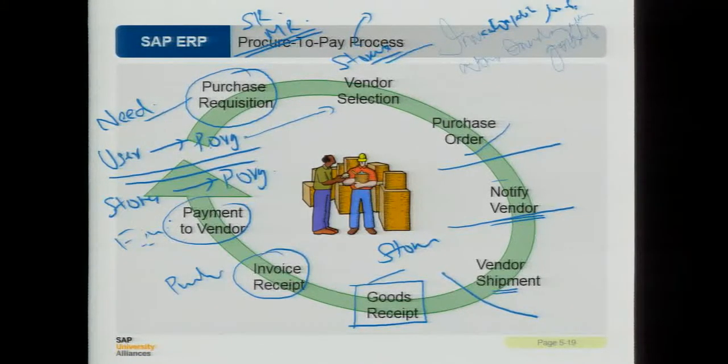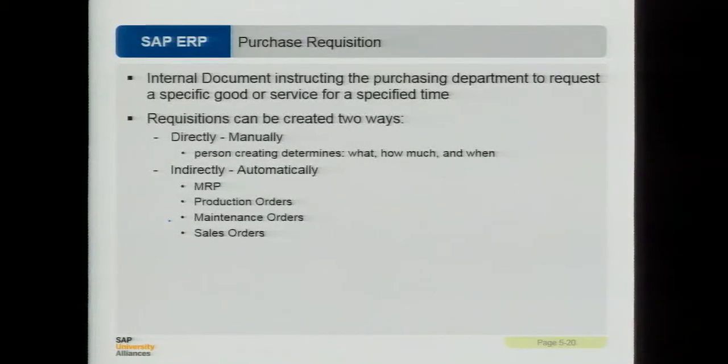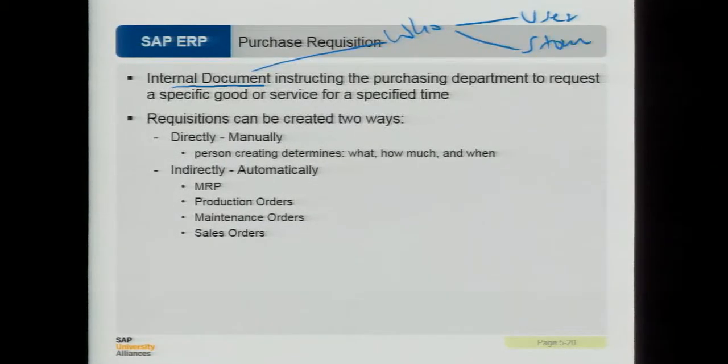So don't worry about the complicated comments on this presentation, because we are going to discuss each and every one of them in a separate slide in this presentation. So the purchase requisition is an internal document, right? It doesn't go to the vendor. It instructs the purchase department to request a specific good or service for a specific time. And who raises it? As we discussed, it can be the end user or it can be stores, depending on inventoryable or non-inventoryable goods. It can be created manually,